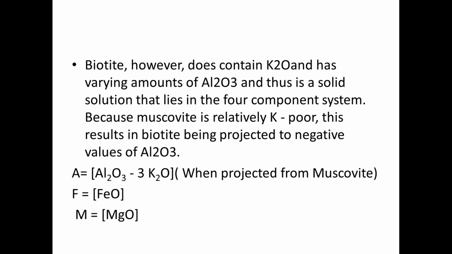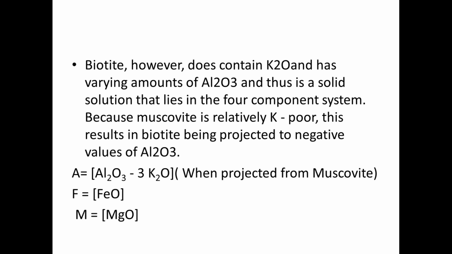Now, to calculate the plotting parameters of the AFM diagram, the following formulas are used. See, generally in pelitic rocks at lower temperature, muscovite is stable. But if we keep on increasing temperature, then gradually muscovite becomes unstable, and in its place K-feldspar becomes very stable. So in lower grade pelitic rocks we project the diagram from muscovite, whereas in high grade metamorphic rocks we project it from orthoclase. Now see, we have also discussed what projecting from a particular mineral phase means. It means that this mineral is present commonly along the whole diagram.